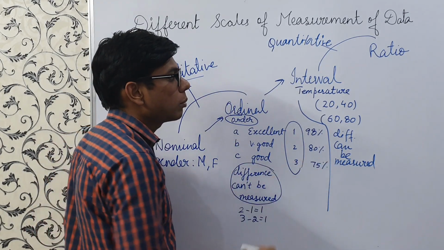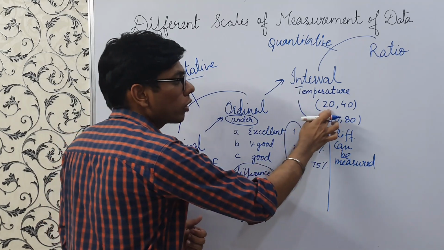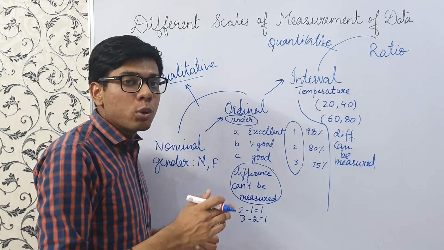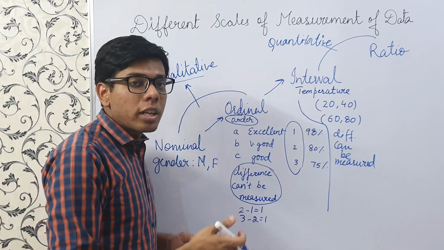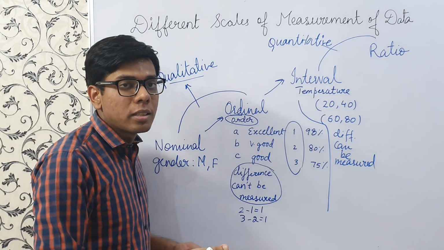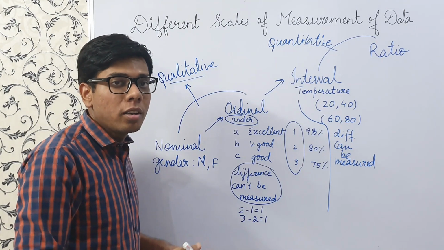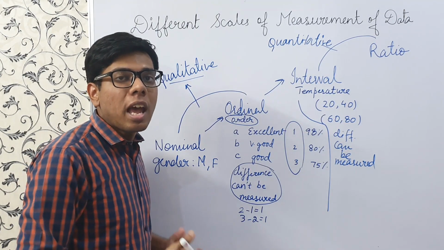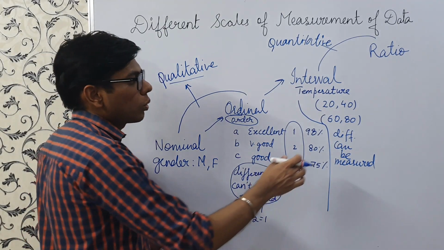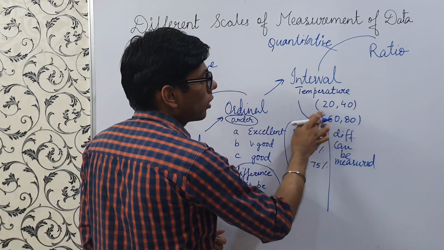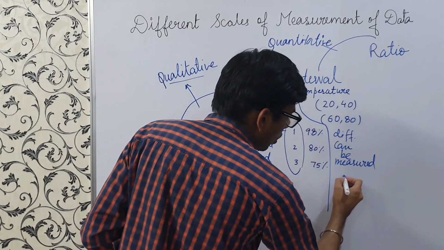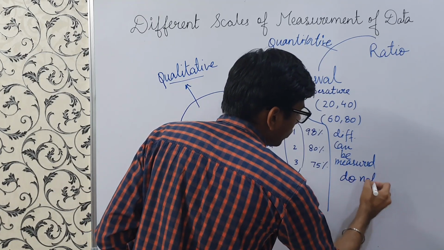The differences can be measured. So here the proportion of the temperature, 40 divided by 20, means that outside the temperature is twice as much as inside the room. So that doesn't make any sense. We don't say that बाहर दुगनी गर्मी है as compared to inside, right? So here the ratio is not defined. And why is it not defined? Because this temperature does not have an absolute zero.